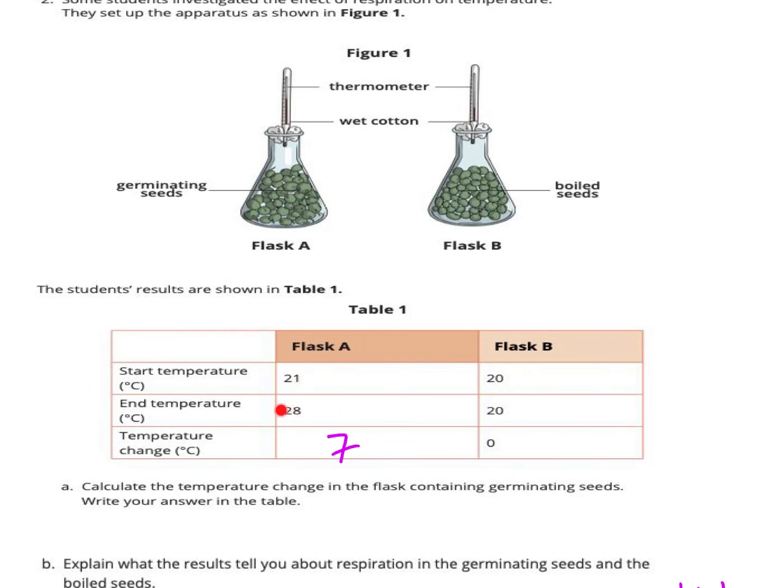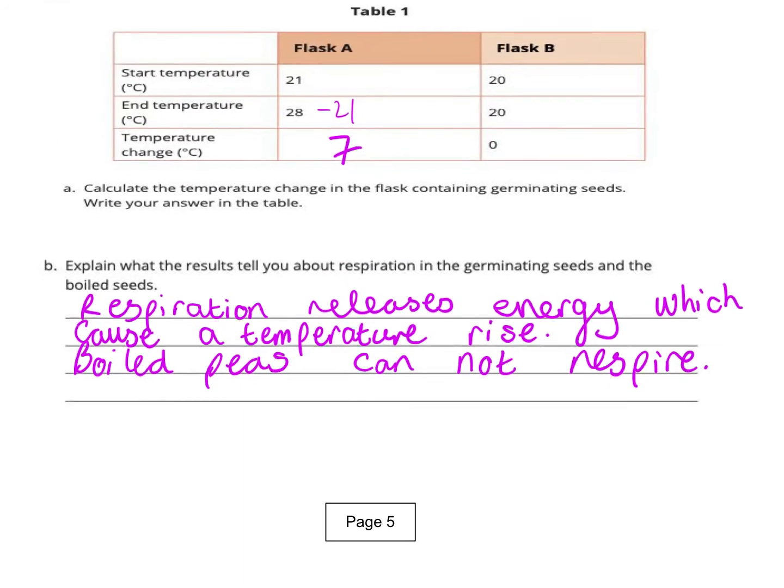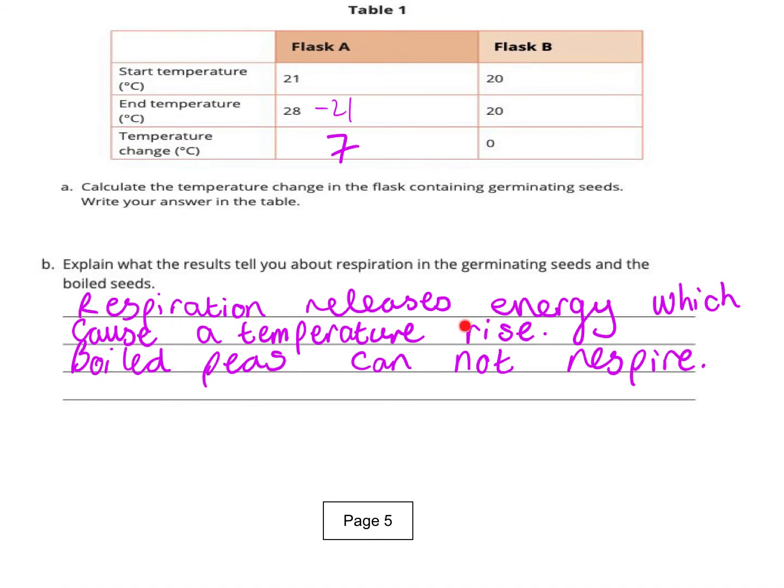Working out temperature change. So 28 take away 21 would give you 7. Explain what you know. So respiration releases energy, which causes the temperature rise. Okay, it's always heat energy. Releases heat energy. Boiled peas cannot respire, so no